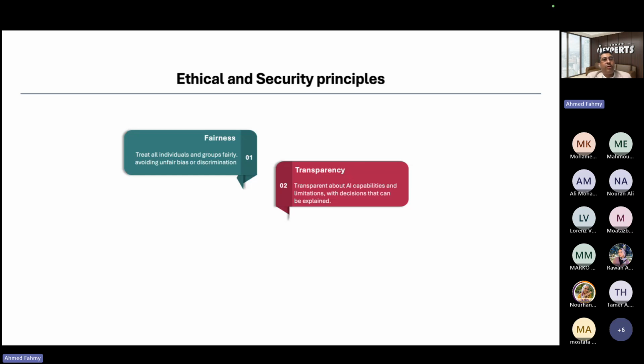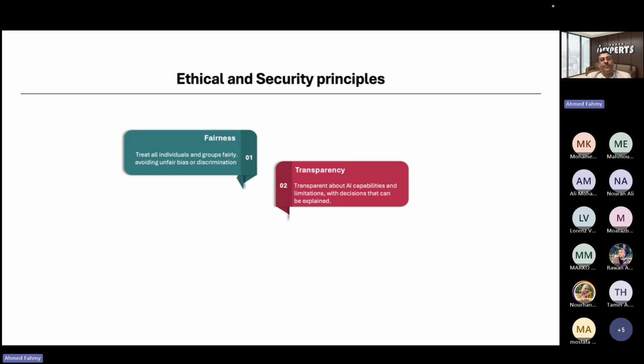So if there is a new employee during the induction session, and the organization is using a performance management AI solution, the organization needs to tell the newly hired employees that this AI performance management system is based on, let's say, 30% weight on the monthly KPIs, another 30% weight on competencies, and then 40% weight on their manager's feedback or their colleagues' feedback. So there is clarity about how the AI performance system will calculate and generate the results of such